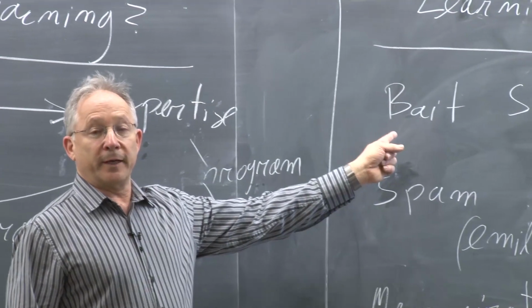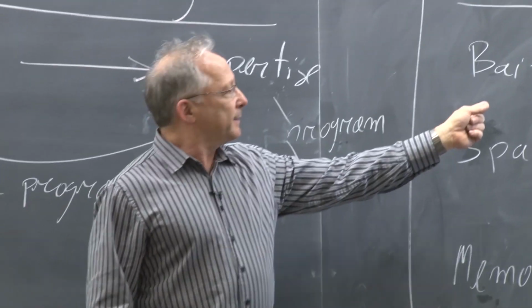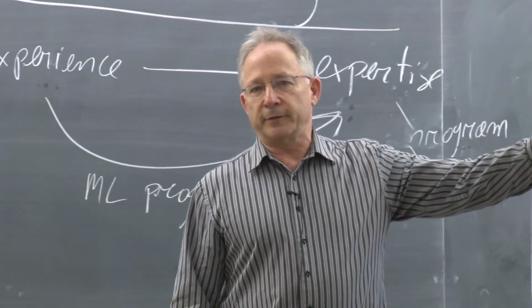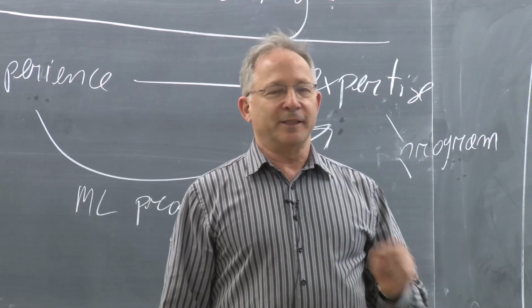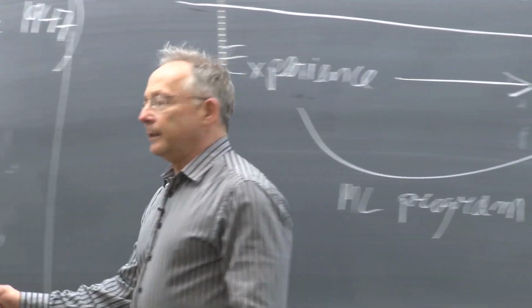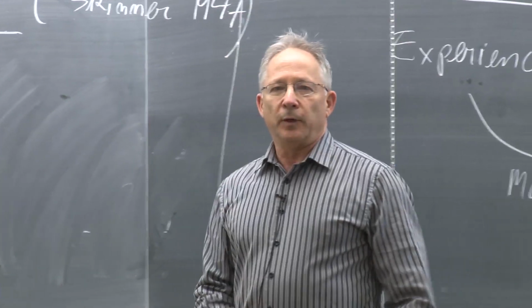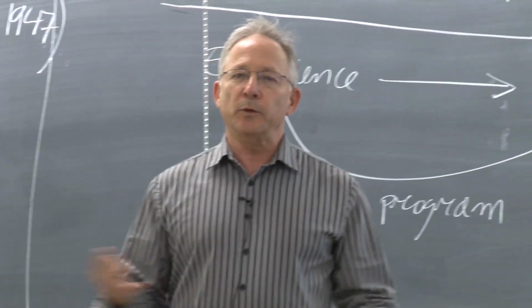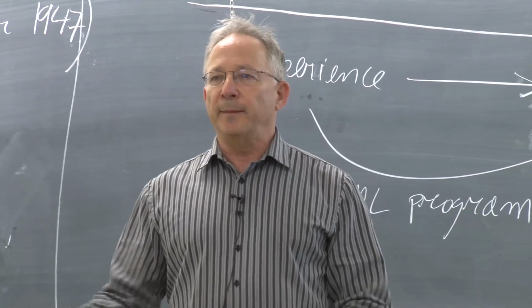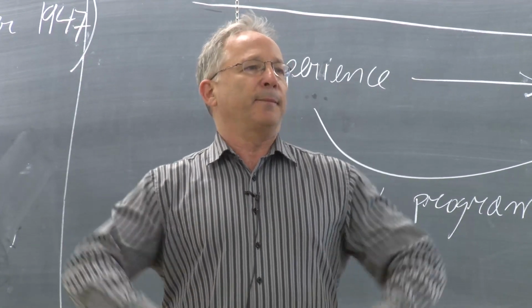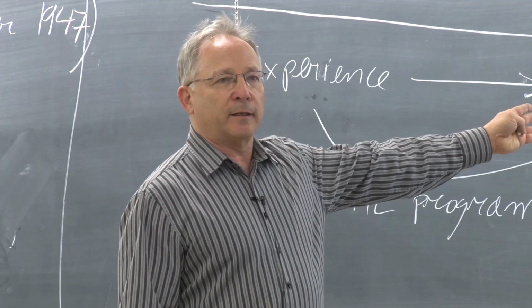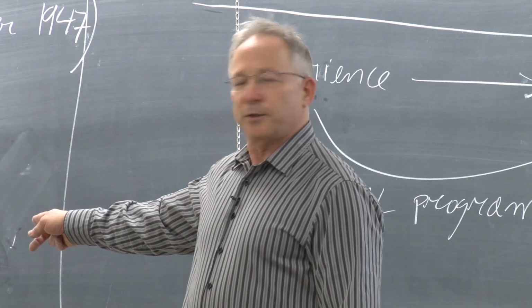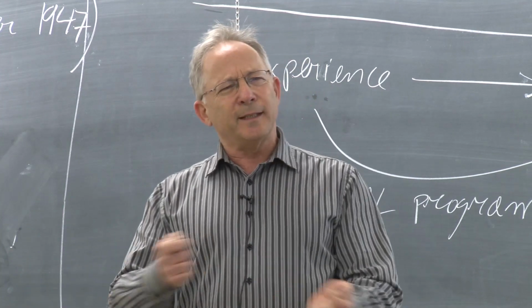And with the rats, we got some very clever and very important generalization. This generalization in rats allows them to survive. It's very important for domestic rats to have this bait shyness. They learn something useful. The pigeons learn something silly. And what we were trying to understand is what distinguishes between these two types of learning. Both of them had some experience. Both of them concluded some expertise from their experience. But the expertise that the rats got is very useful. The expertise that the pigeon got is completely silly. So what distinguishes these two